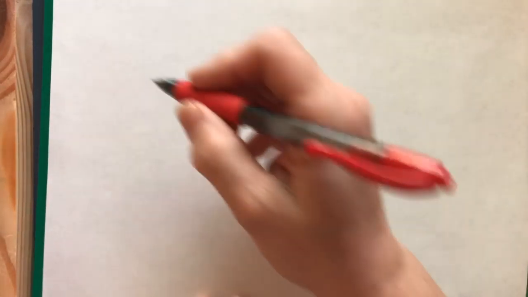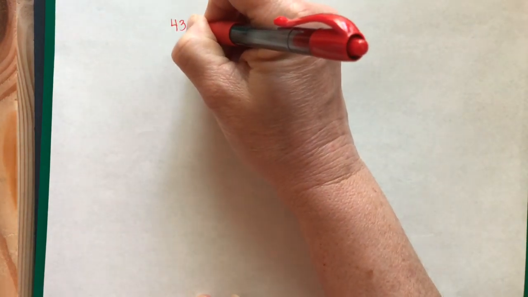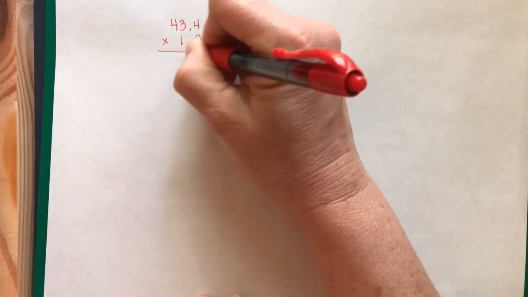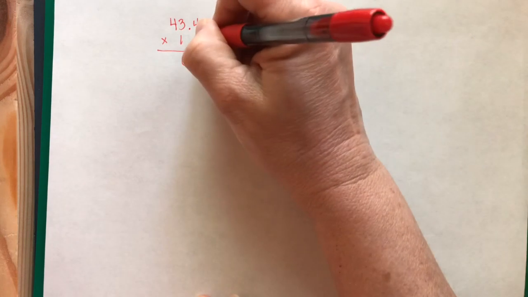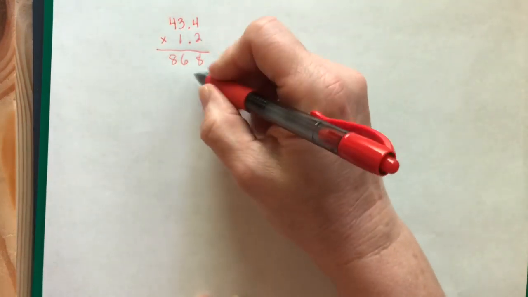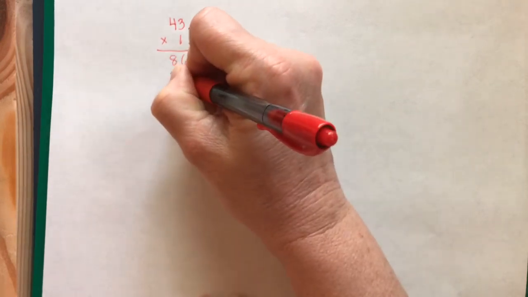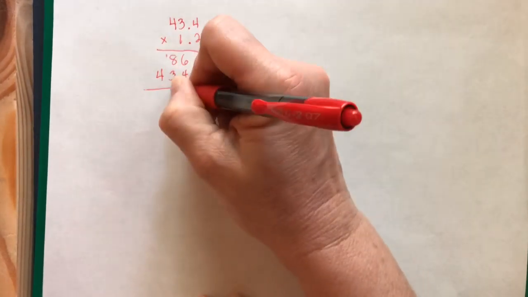Let me show you a few more things about multiplying decimals. When we multiply decimals, you already know that if we have something like 43.4 times 1.2, we multiply as usual. 4 times 2 is 8. 2 times 3 is 6. 2 times 4 is 8. Then we put an X or a 0 here to hold our place value. And then we'd multiply 1 times each of these. So we just get 434 here. We add them. 8, 10,